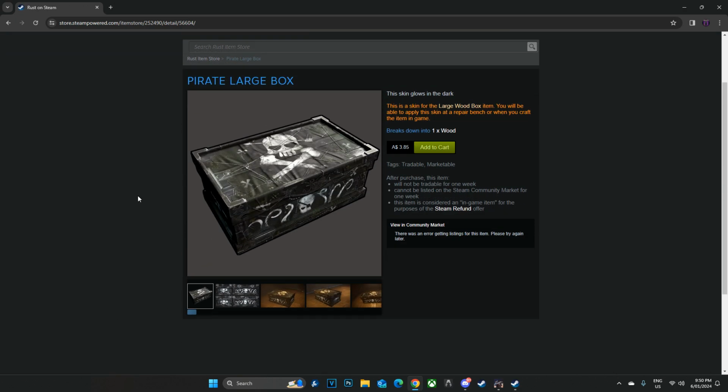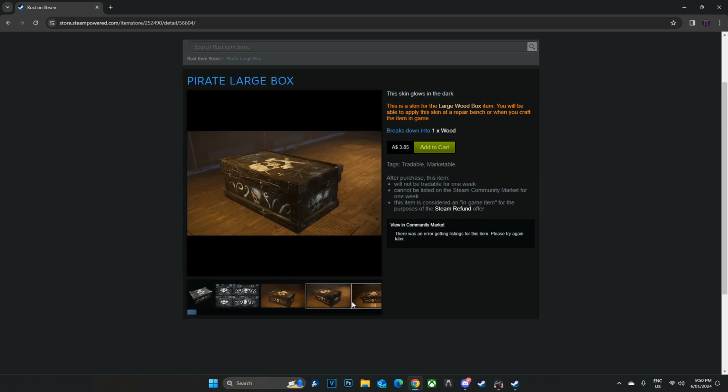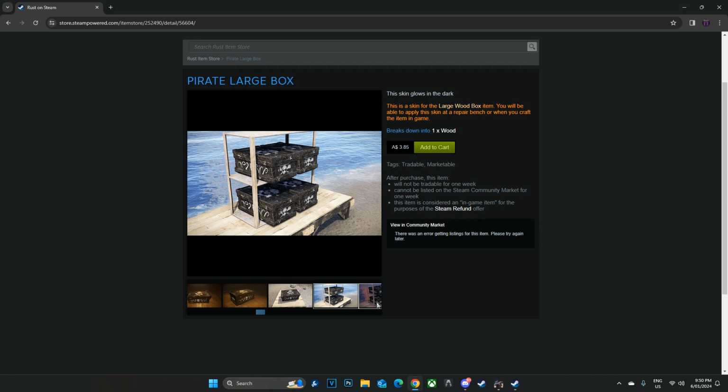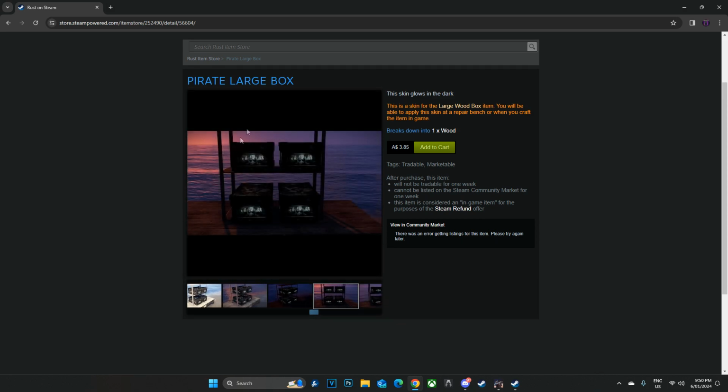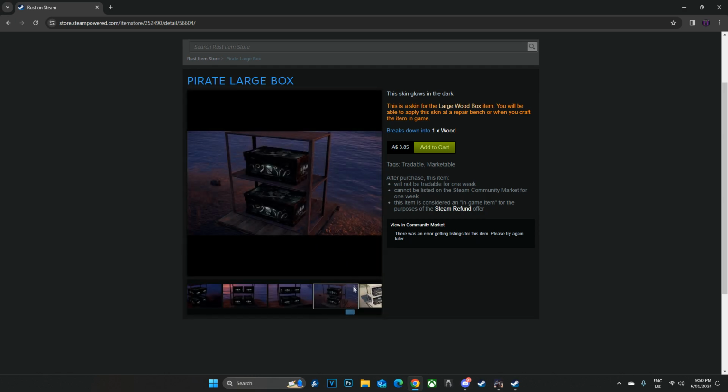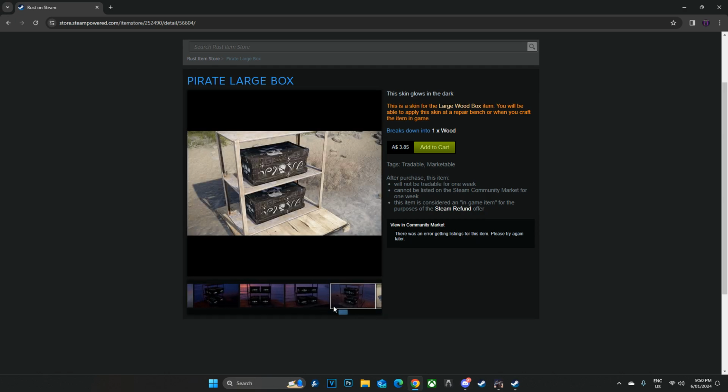store for this week. Moving over to the second last skin, we have the Pirate Large Box, going for $3.95, and this is the first deployable of the Pirate set, if I'm not mistaken. I don't think we've had a door yet, but this does have a slight glow to it, but I think the screenshots are pretty subpar, just having the screenshots not fully in the dark for whatever reason, so it's not